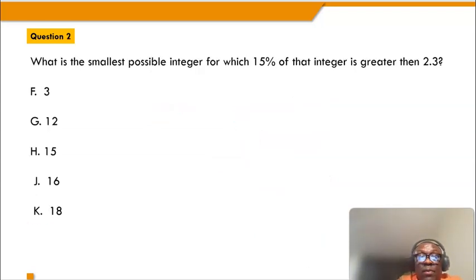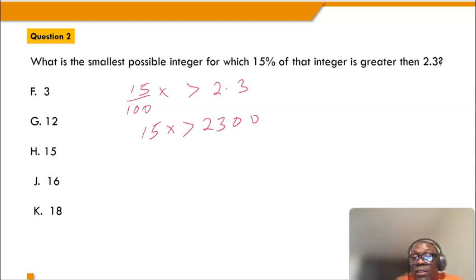Quite easy. Second question, what is the smallest possible integer for which 15% of that integer is greater than 2.3? Let that integer be x. So 15% is 15 out of 100 of x should be greater than 2.3. So in short here, you can decide to multiply both sides by 100 and you get 15x would be greater than 2300. Then divide both sides by 15, and notice that x will be greater than 15 goes into 2300,